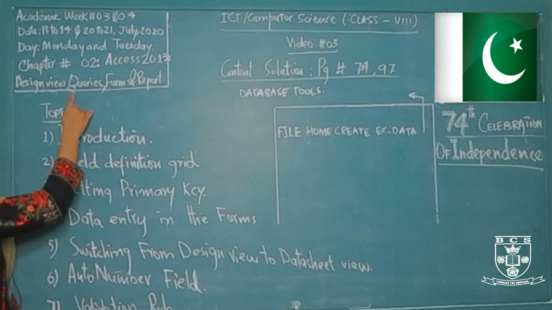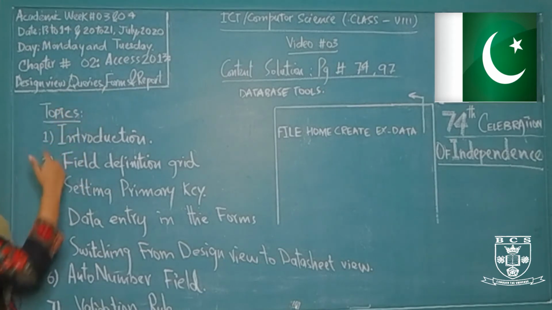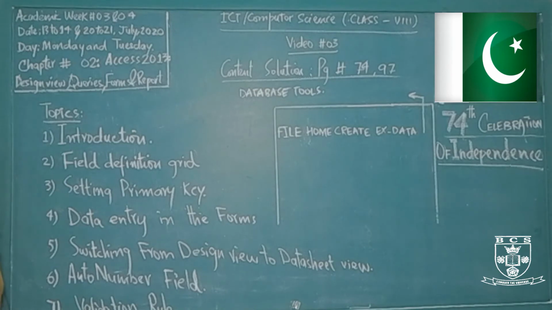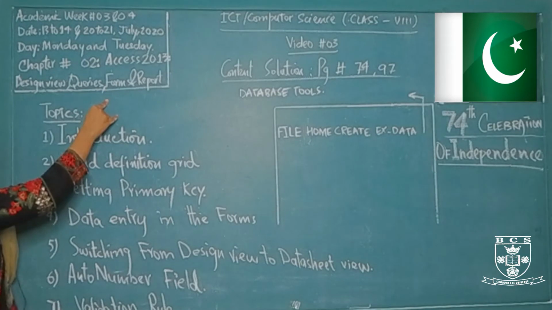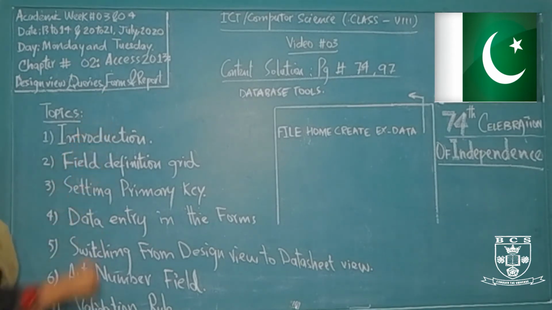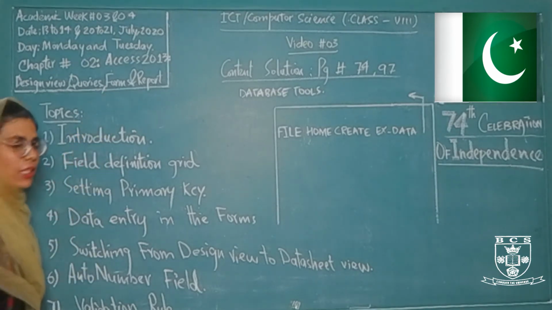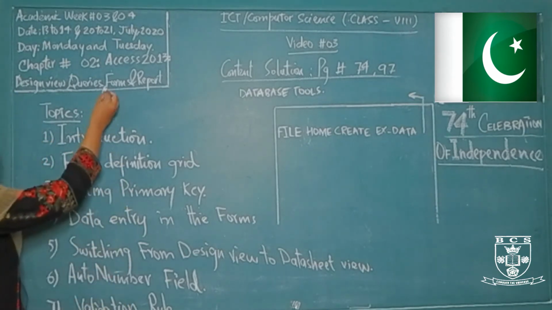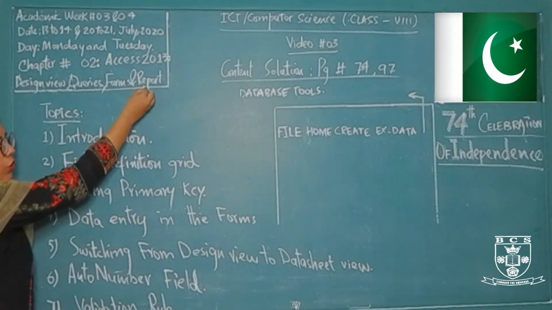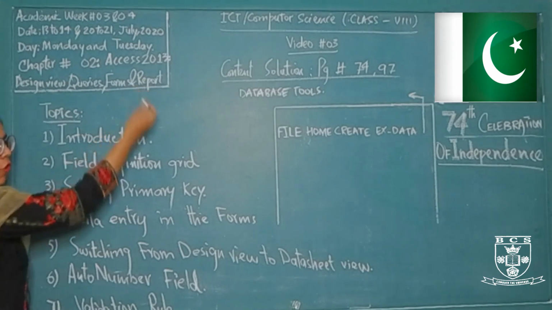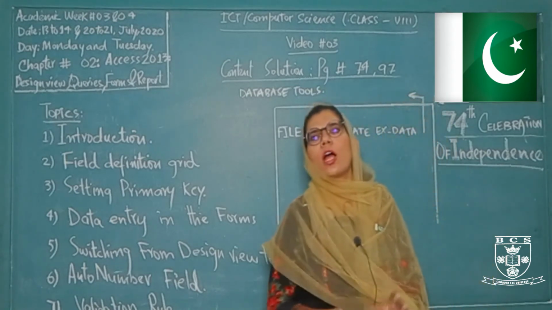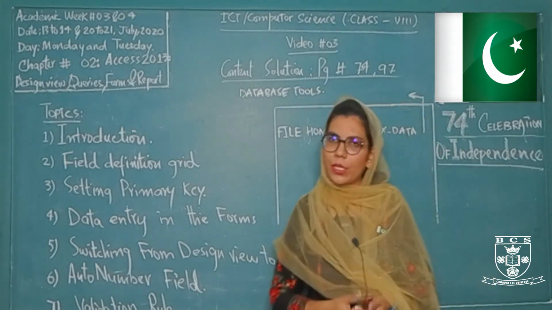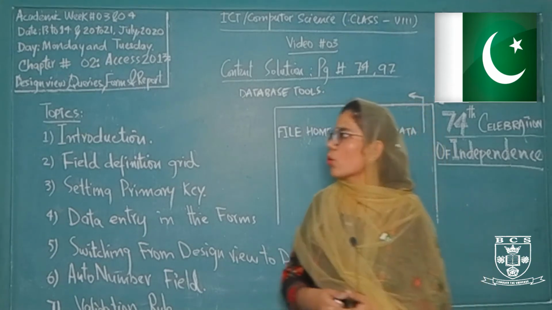After that you have queries. So what are queries? Queries are a very simple and unique method to answer different questions about our data. What are forms? Forms are a very easy way to read, edit, create, delete or view our data. Next is report. What is a report? A report is the printed form, or we may say an easy to read and printable format of any particular data or table of Access.